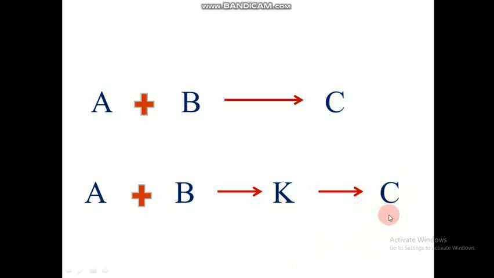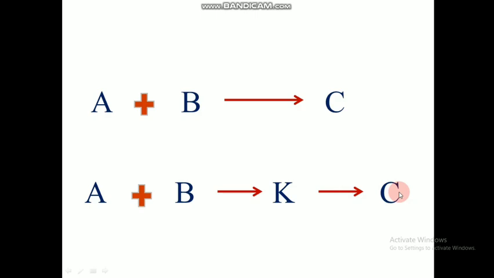the real product. If we are considering the state function, then both the reactions are the same, as state function does not consider the intermediate state or how A plus B is converted to C. The method is not important in state function. We are just concerned about the initial state and final state. So as the initial state and final state are the same in both the reactions, state function will tell these two